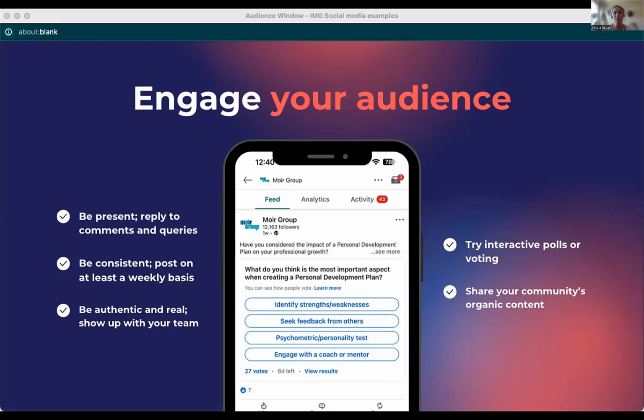So this example that I've plucked is a really good example for engagement. This was shared after a blog post on the topic of personal development. It gives the opportunity for the audience to actually engage in the content in that live poll. They can have their say, they can see what the community is thinking, and then we can also get some insights as to what people are thinking for future content. So it ticks a lot of boxes, which is really great for engagement. And this is available in a number of different ways on platforms, but this particular screenshot is from LinkedIn.